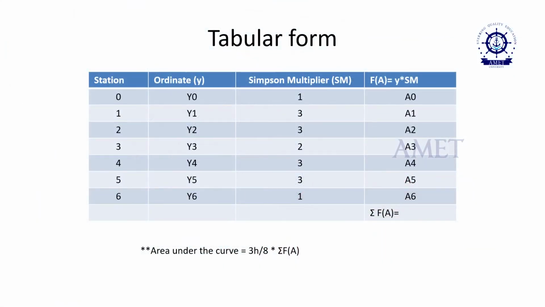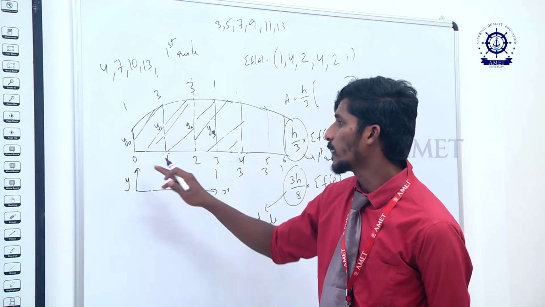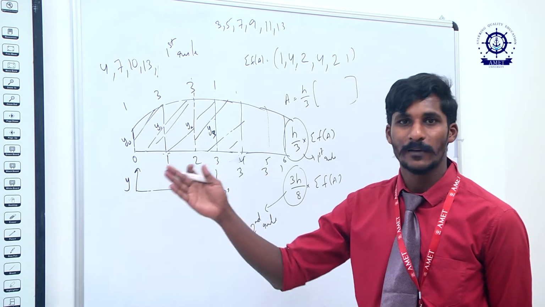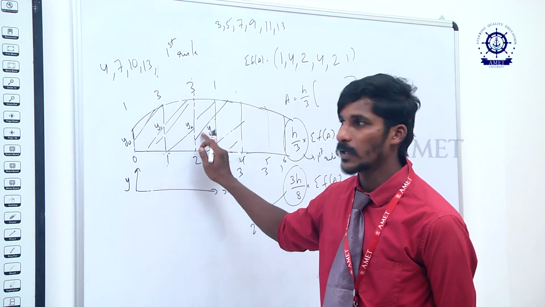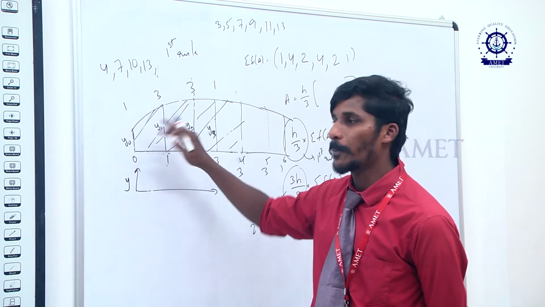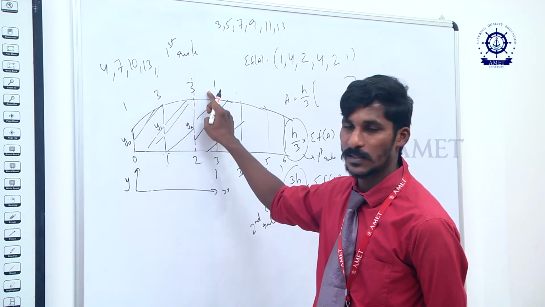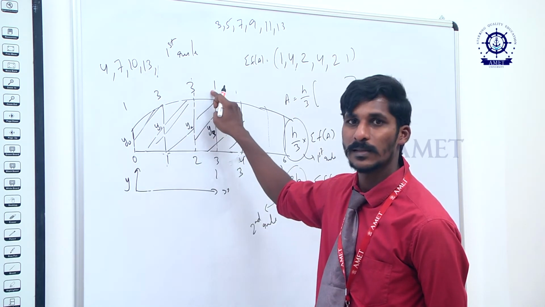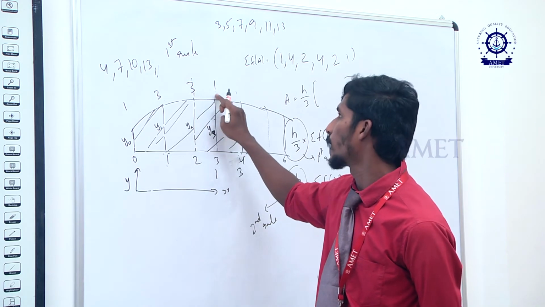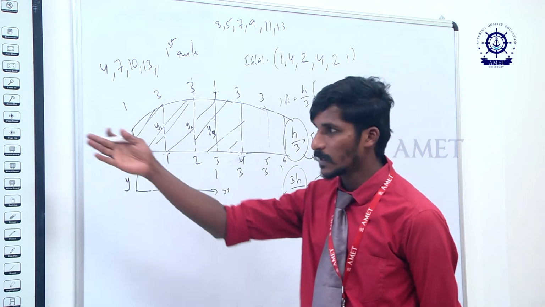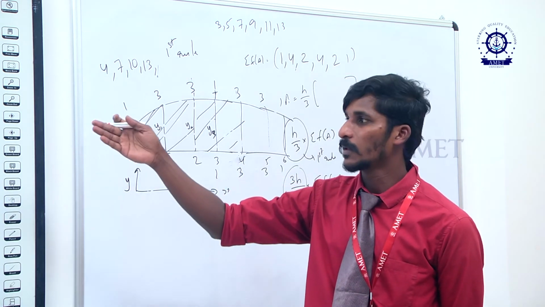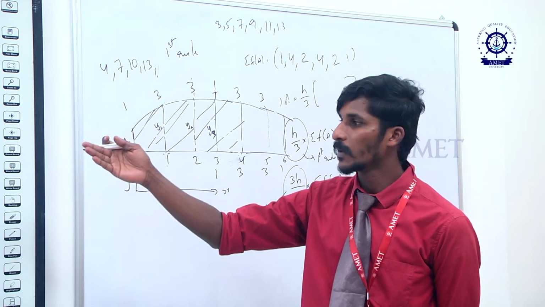Now we will see the tabular column for how it is taken for Simpson's second rule, in the next slide. If you see the tabular column which we saw for the first Simpson's rule, similarly in the second rule we take the number of stations we are considering. Now I consider 7 stations, 0 to 6. Then I took each ordinate value y0, y1, y2, y3, and so on. Then I applied Simpson's 1, 3, 3, 1 for the first 4 ordinates. Again, to continue the area, I have to start from the same station. So 1 plus 1 becomes 2, and then 3, 3, 1. You can see in the tabular column the rule has been taken as 1, 3, 3, 2, 3, 3, 1.